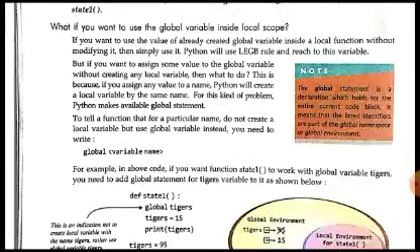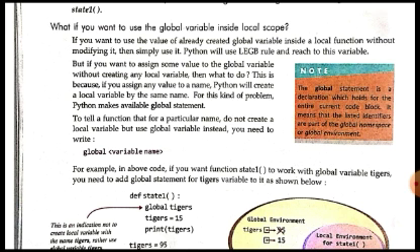What if you want to use a global variable inside local scope? If you want to use a global variable inside the local scope, then what can we do? For that, we have to use the global keyword. Inside the function, we define a variable as global by using the global keyword. The global keyword can be used inside the function definition for specifying that a particular variable is the global variable, that is, the variable which we are declaring as global is the same variable which is outside the function. The global keyword is used for declaring that a particular variable is the one defined in the global scope, not in the local scope. It is used for accessing any global variable inside the local scope of a function.